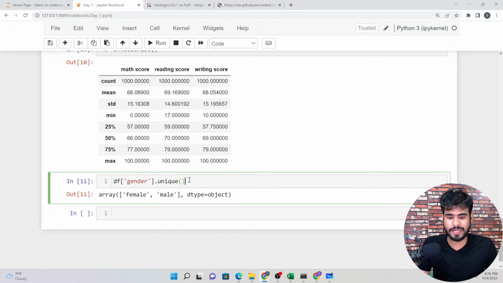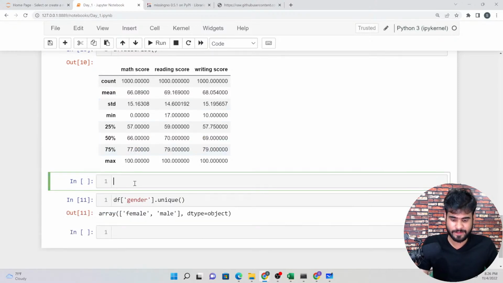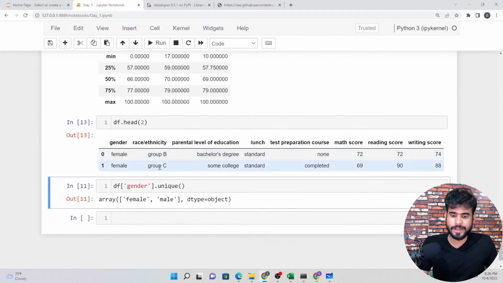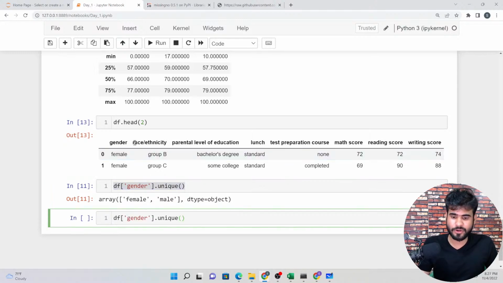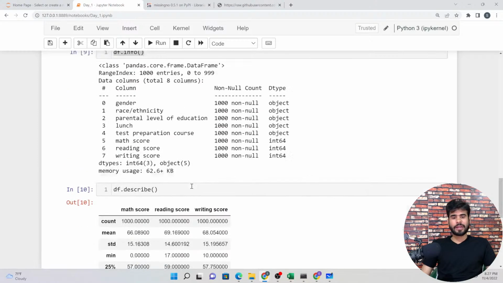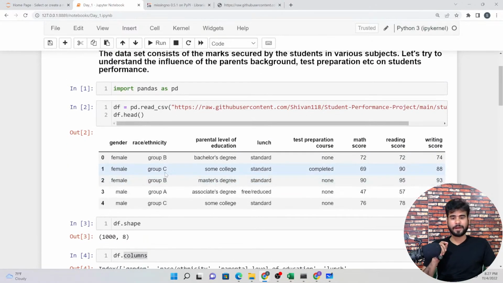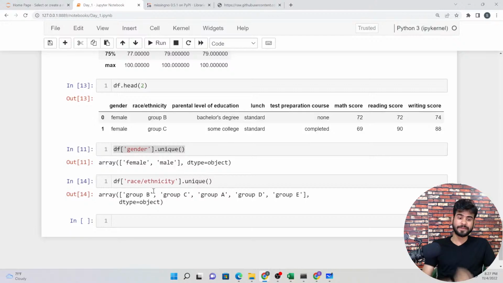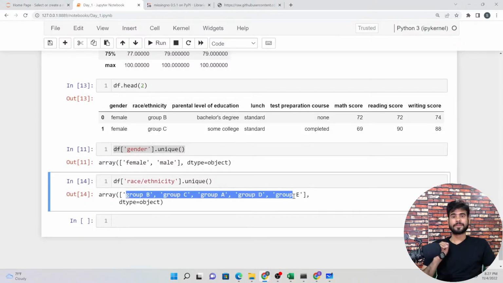Now the next column. Let me print the df first, so that I can just copy and paste the column name. Now I want to check how many unique values we have in this particular column. Again we can apply the unique function, and as you can see, when we check df.head we have a, b and c, but in the actual data we have a, b, c, d and e, 5 unique values, right? So you can check each and everything, you can explore your data a little bit, so that you will get more insights from your data.